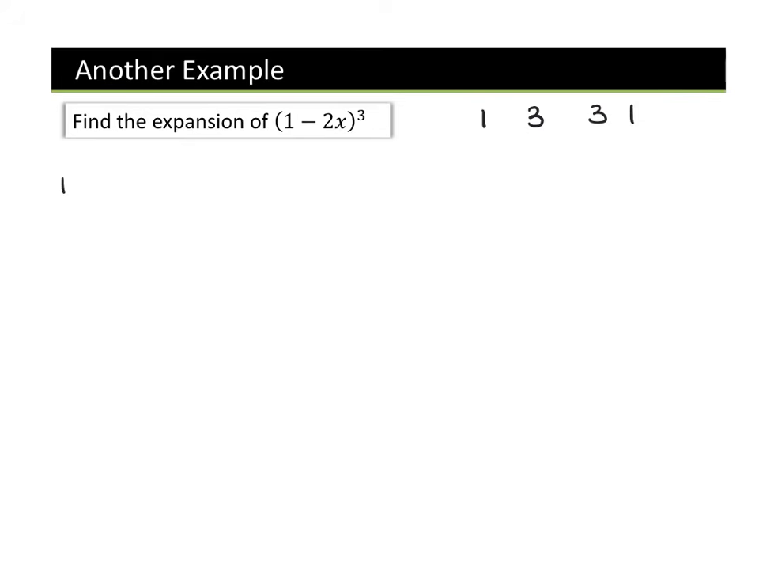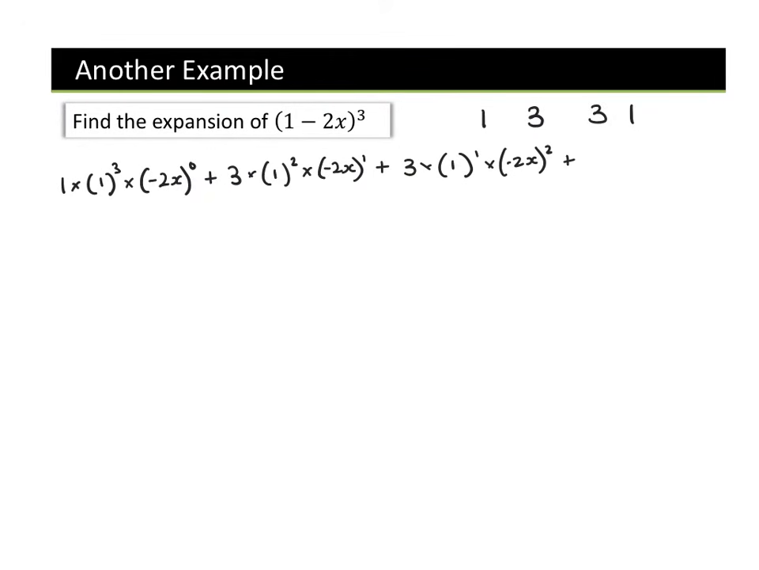In this case, we're going to have 1 times our first term, which is 1 cubed, times our second term, which is minus 2x to the power of 0, plus our second coefficient, 3, times 1 squared times minus 2x to the power of 1, plus 3 times 1 to the power of 1, I'm descending here, times minus 2x squared, plus 1 times 1 to the power of 0 times minus 2x cubed. So we should have as our final answer